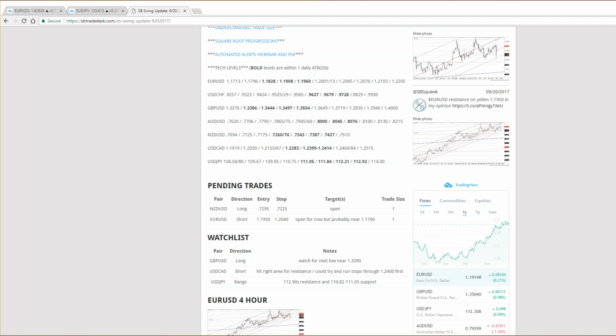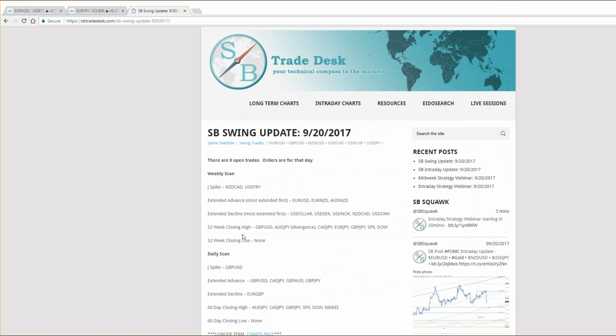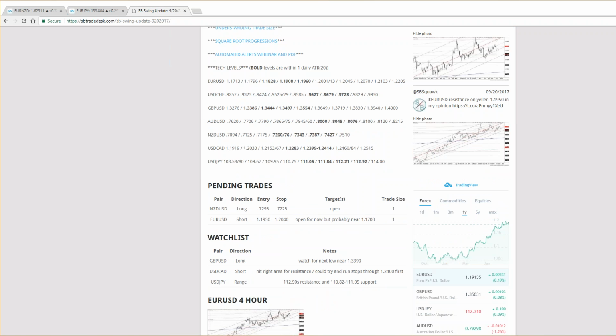If Jamie or I still like to trade, we'll leave it on there. But if we don't, then after that day is done or after that U.S. trade session closes, you cancel those orders. So just reference this after the close of each U.S. trade session, and you'll know exactly what the entry limit and stop should be on each position. The watch list obviously is just that. And then when we have an active trade, there'll be that active section telling you what trades we're currently in.